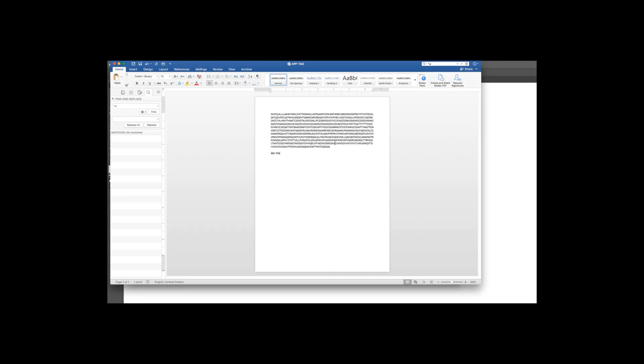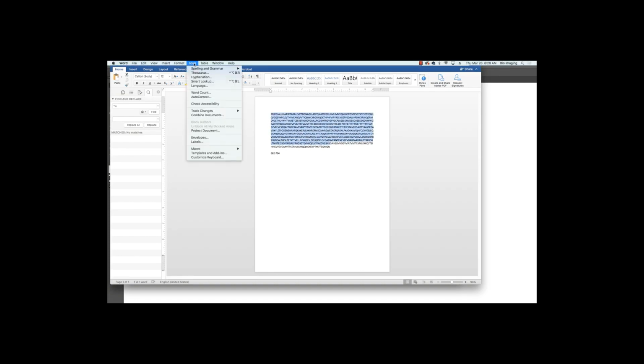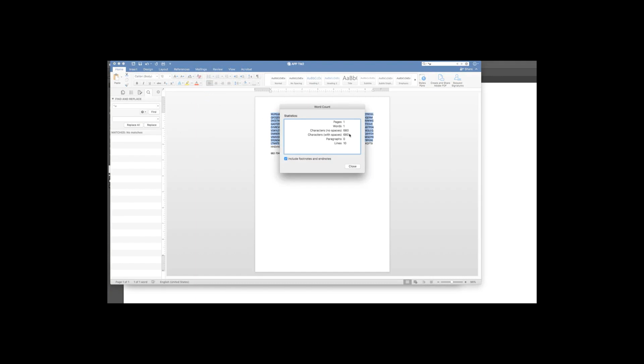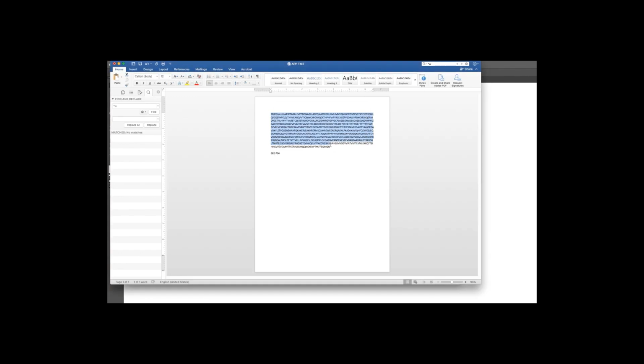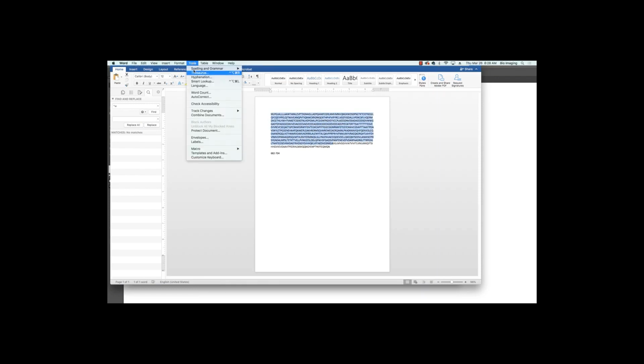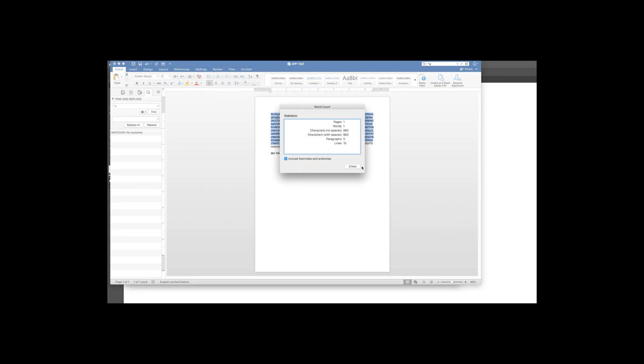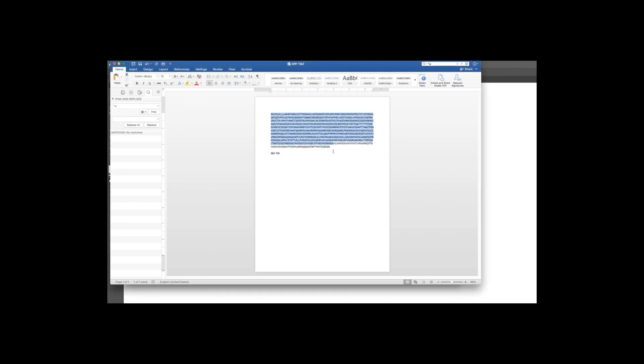Let me see if I can see it here. I've stared at this for a while. So it might be right here. So if I select this and I go to Tools and I go to Word Count, nope, 680. I was off by 2. So it must start right here. Let's see if this is Tools. 682. Okay, so it is from 682, so that's this part,